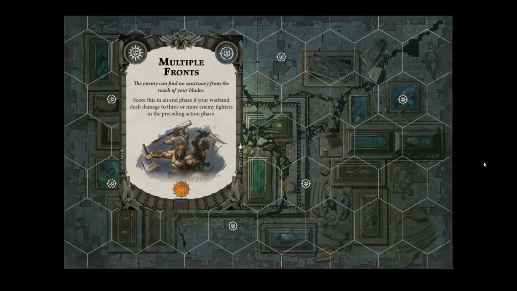Alright, Multiple Fronts. Score this in an end phase if your warband dealt damage to 3 or more enemy fighters in the preceding action phase. Okay. Alright, so this is score in an end phase but get 1 glory point, which I'm not a huge fan of in general. And I believe that there are easier ways to get 1 glory point out of an end phase. The major problem here, unless you're playing something that has a lot of chaff, for example, Sepulchral Guard, Blood Reavers, Spikeclaw Swarm,